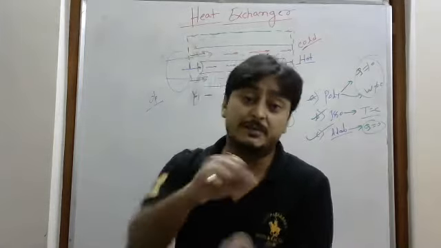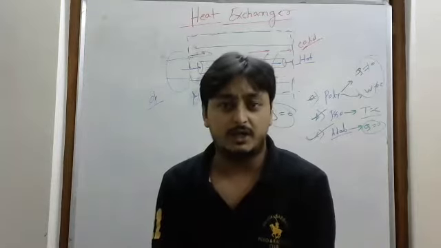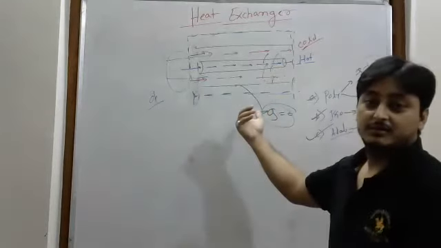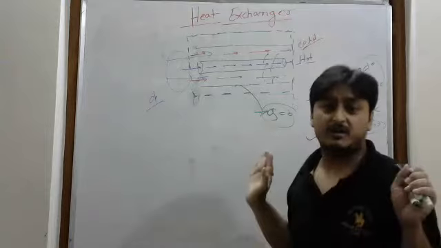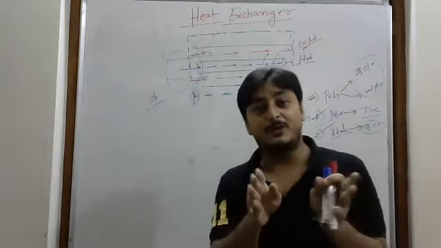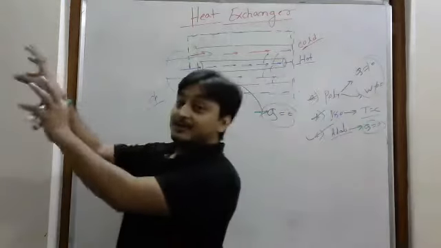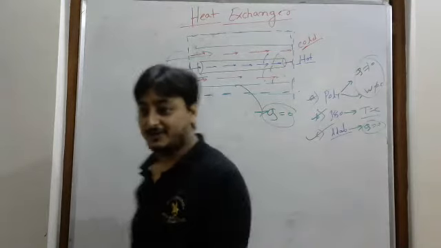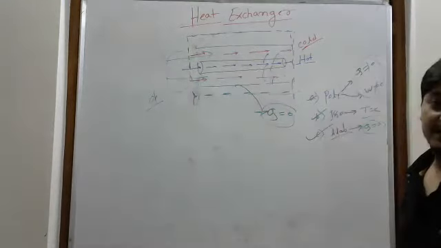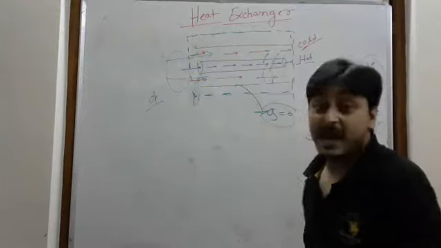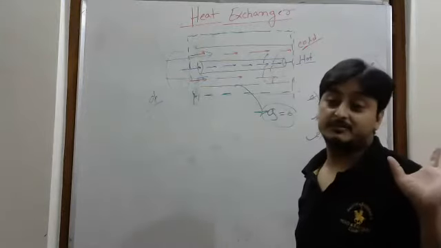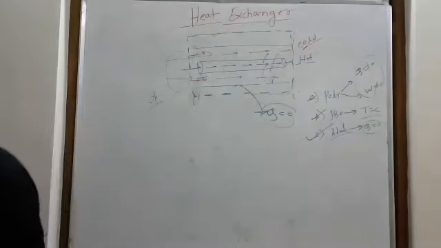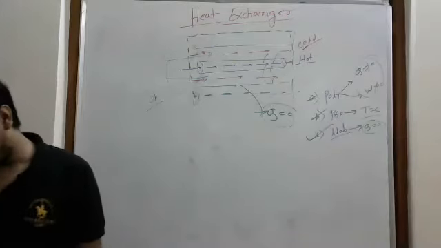Like husband and wife are interacting, they quarrel, all those things they will do. After some time they will become one. Same thing is here. They are not going to interact with the atmosphere. Or if a quarrel happens, does a husband or wife come and say, oh sir, today I have fought with my husband? Is it happening? Very rare case. Are you getting it now? You can relate it like that. So what is this system? This system is an adiabatic and open system. So write a little bit. Are you getting it?